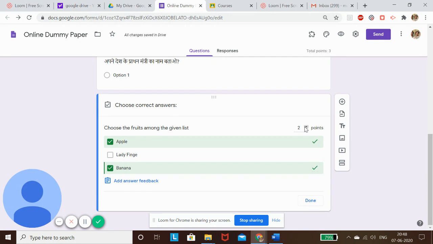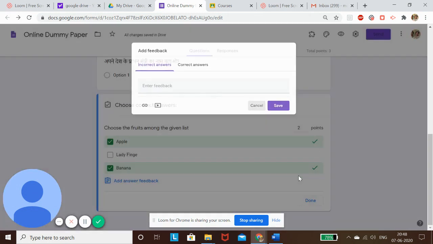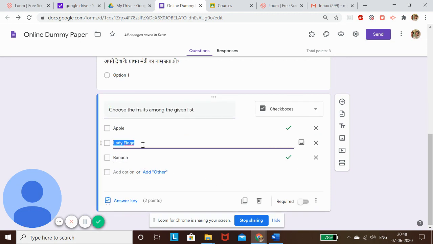But the problem over here is I have marked these two options as correct and I have given the marks as 2. Let us suppose instead of selecting apple and banana, the student selected apple and ladyfinger. And sorry, a spelling mistake over here. Let me do this correction. Ladyfinger. Okay.